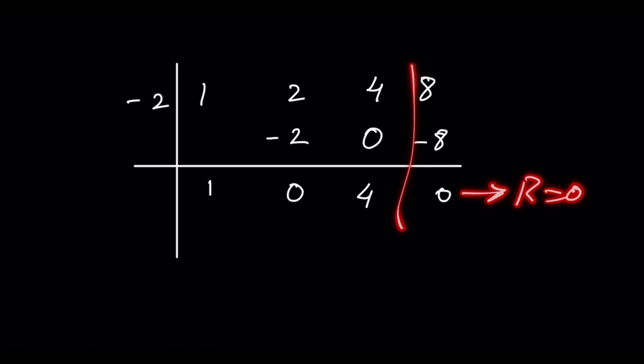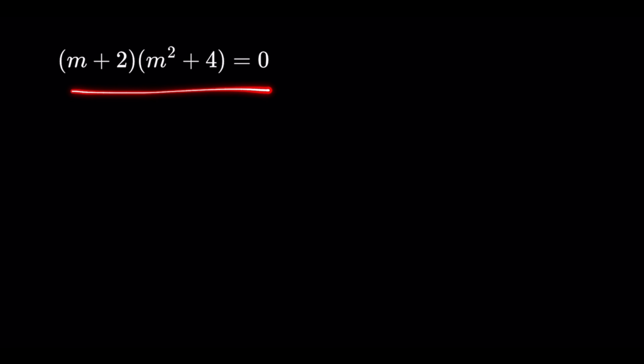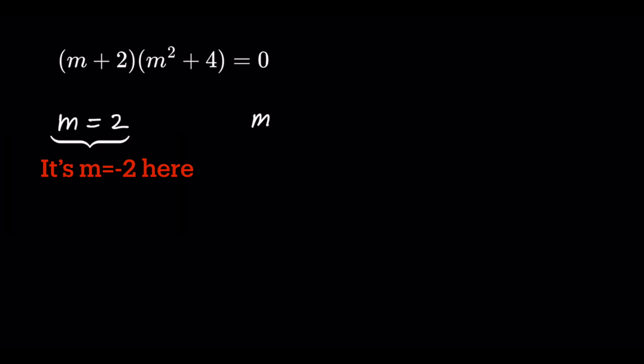This is the remainder, which is equal to 0. And these are the coefficients of the quadratic equation we are going to be left with. So let's rewrite it. Now, we are going to solve this and find the roots of this equation. We know that it is going to be -2 from m plus 2. And for m squared plus 4 equated to 0, we get